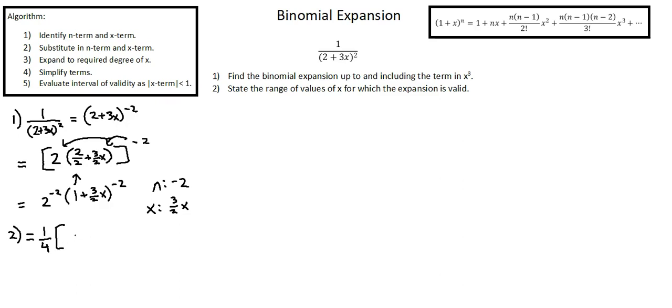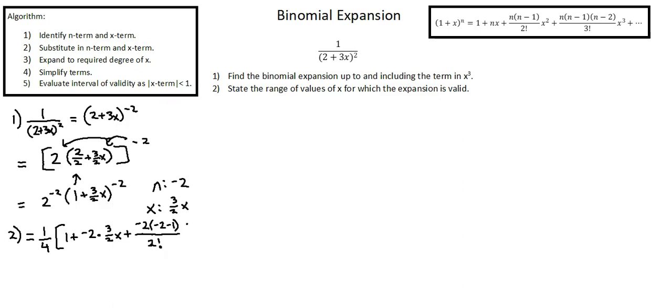And now inputting the terms into the binomial expansion, we have the first term of 1 plus n times x, which is negative 2 times 3 over 2 x, plus the following term, denominator of 2 factorial. Numerator is n times n minus 1, which is negative 2 times negative 2 minus 1,